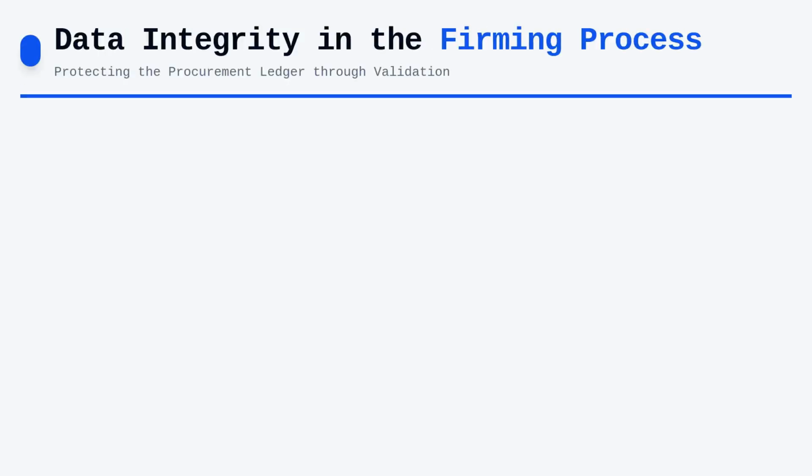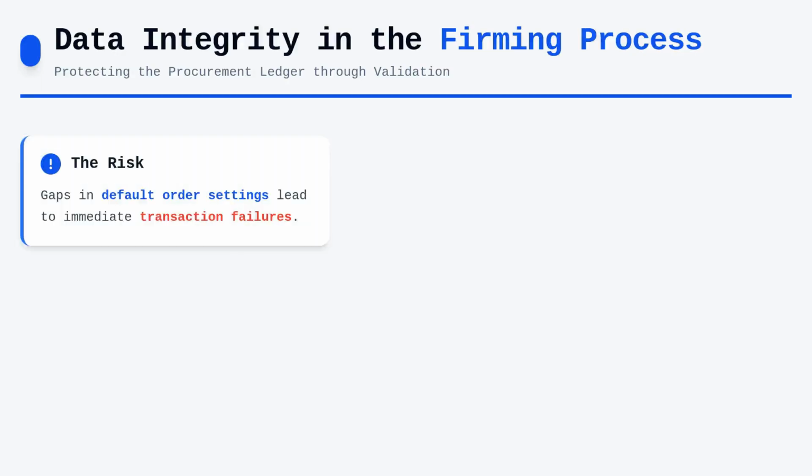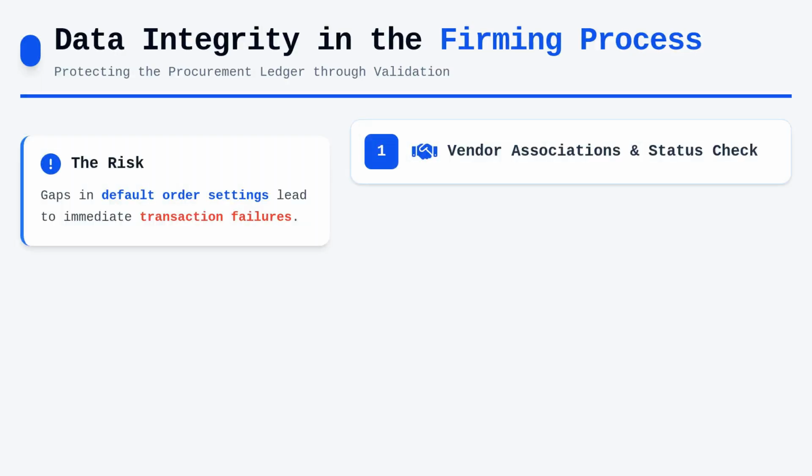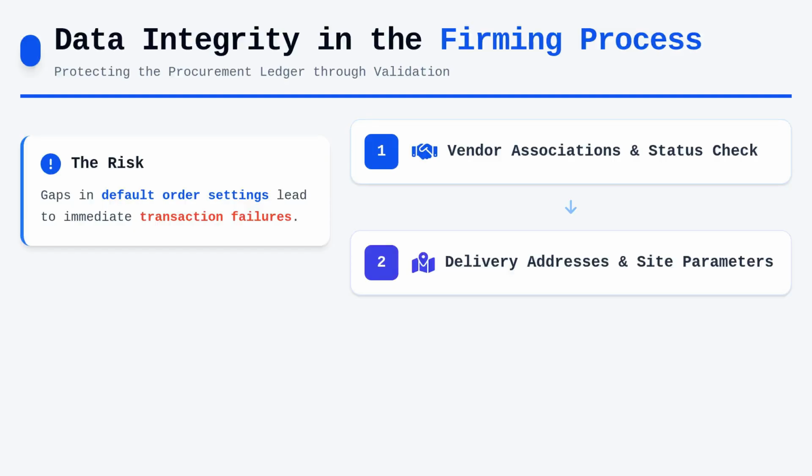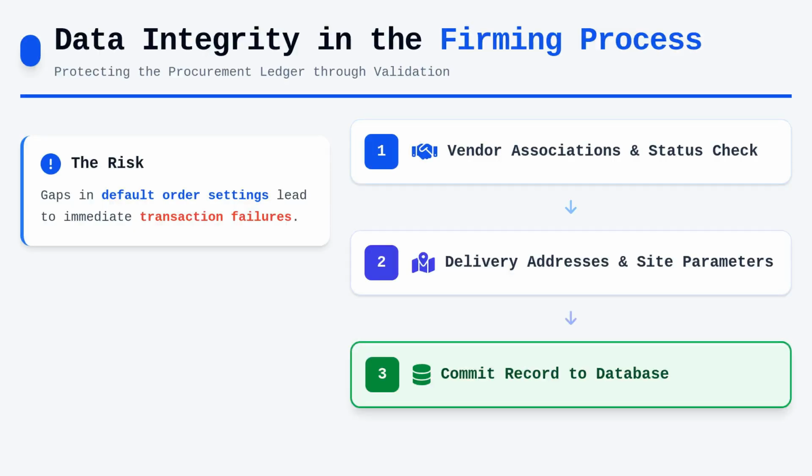Data integrity is paramount during the firming process because any gap in your default order settings will lead to transaction failures. The system validates the existence of mandatory data such as vendor associations, delivery addresses, and site management parameters before it commits the record to the database. If a record lacks a required field, or if a vendor is blocked for new orders, the firming process will